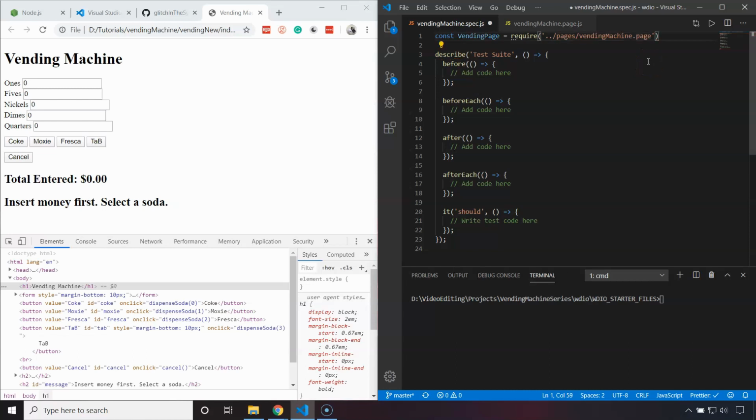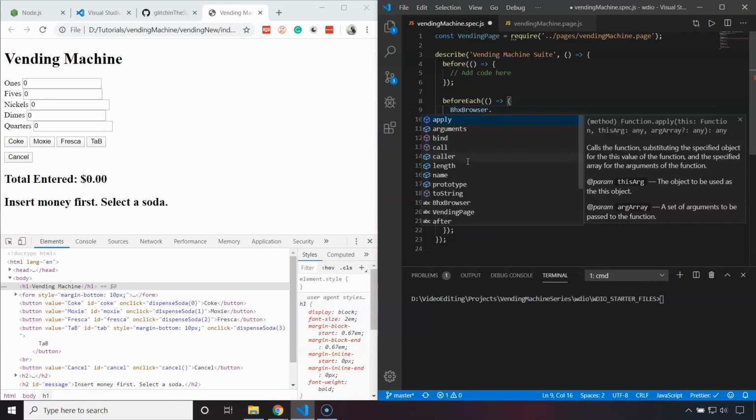And make sure there's a quote wrapped in quotes. Okay, so describe, this is the name of the test suite, so we're going to call this Vending Machine Suite. Okay, you can ignore these before, actually before each we're going to use, so before each test that we execute we need to do something. So what we need to do is browser.url